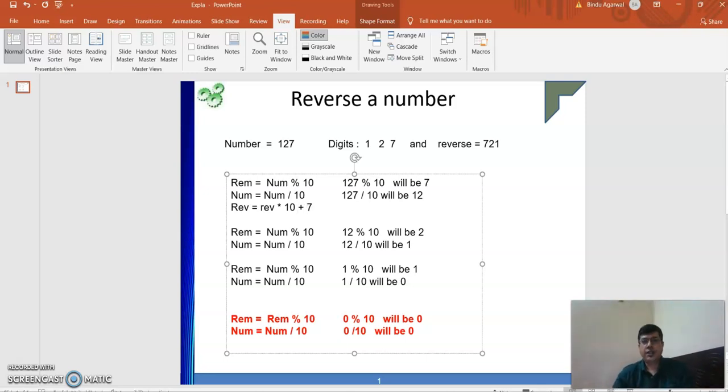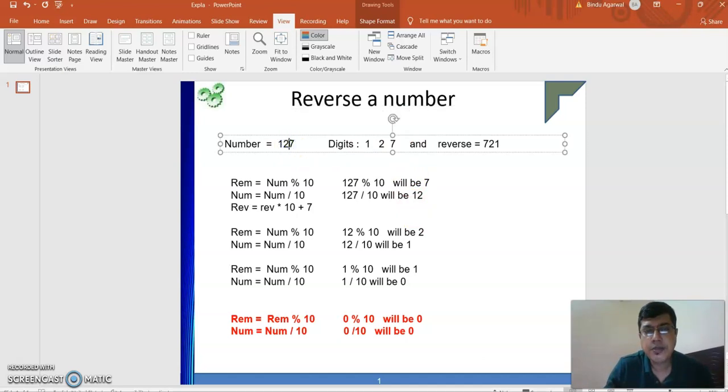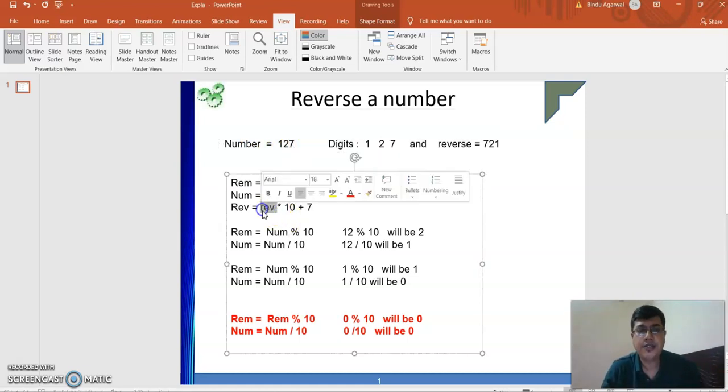Because each time when I move from unit to tens, it is incremented by a factor of 10, then from tens to hundreds, again by 10, and from hundreds to thousands, again by 10. But initially it is 0. So initially, rev is equal to 0.